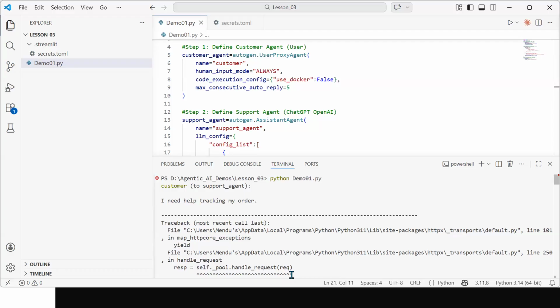You can see Murli has posted the output similar to that. Request timeout error usually